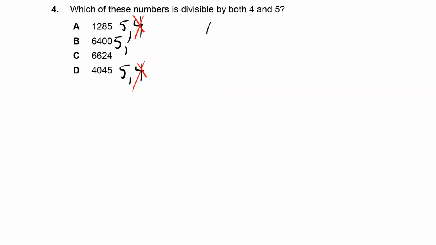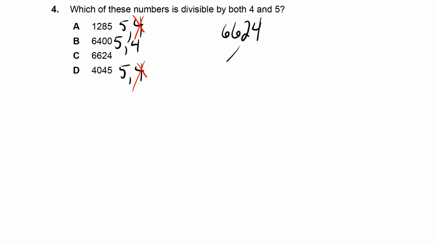Now, will 6400 be divisible by 4? Remember, when we're dealing with some number that's in hundreds or thousands, any number bigger than 100 that ends in 00, that's always going to be some multiple of 4 times 25. So if we've got some multiple times 4 times 25, that means 6400 is definitely also divisible by 4. The last one,